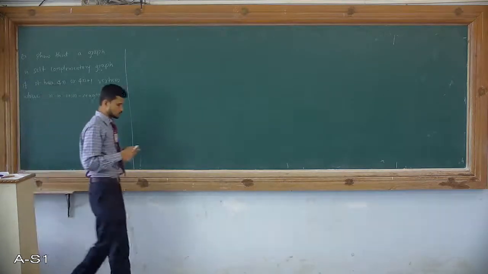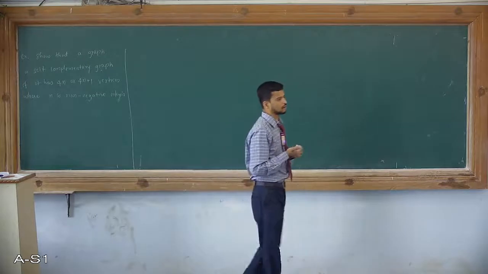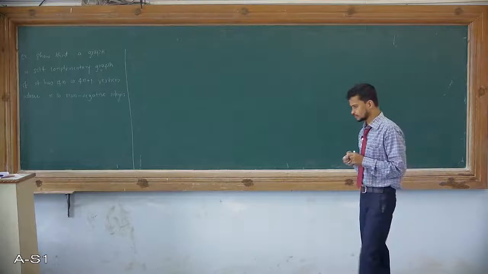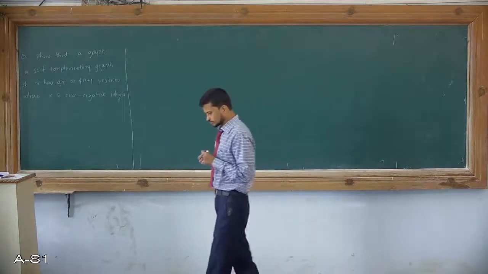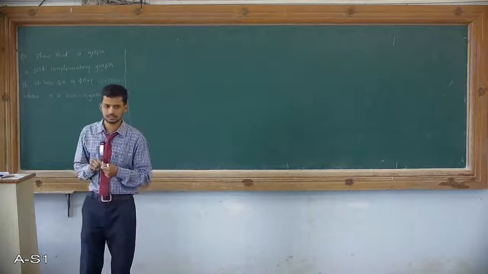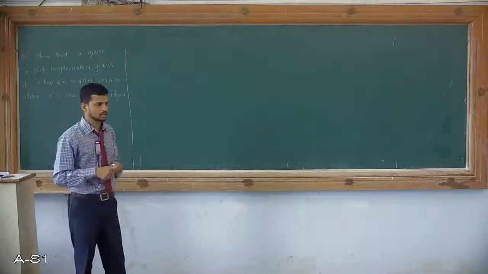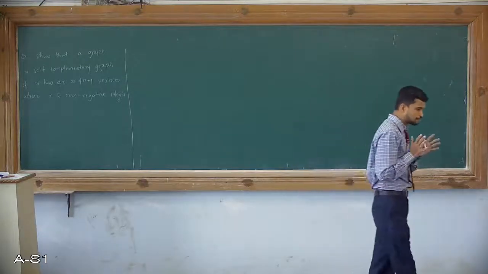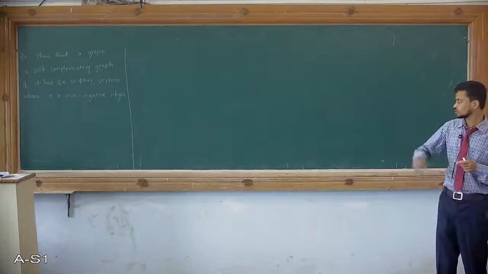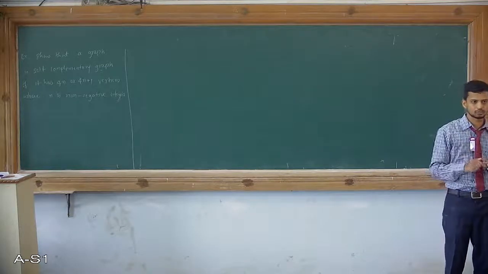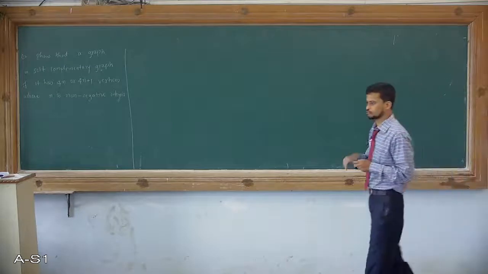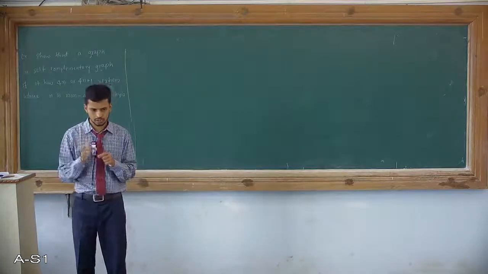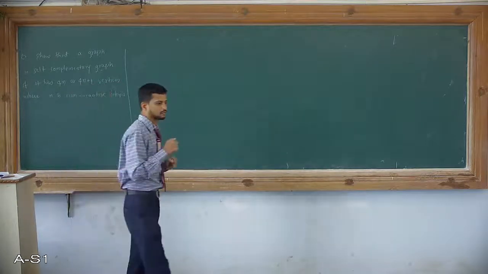See here, why I have taken this particular question, because I want to answer one important question regarding the self-complementary graph. What will be the minimum number of vertices required to say a graph is a self-complementary graph? This is a very important question. I try to convince using this example. I will repeat that question once again. What will be the minimum number of vertices required to cross-check whether a graph is self-complementary or not?